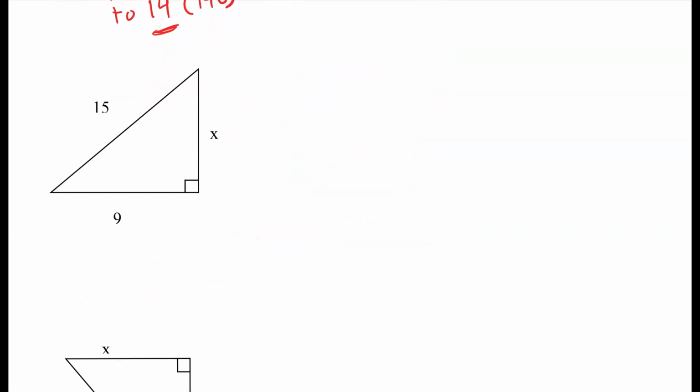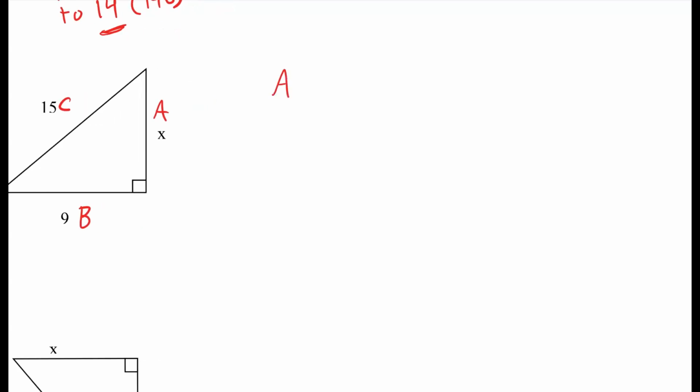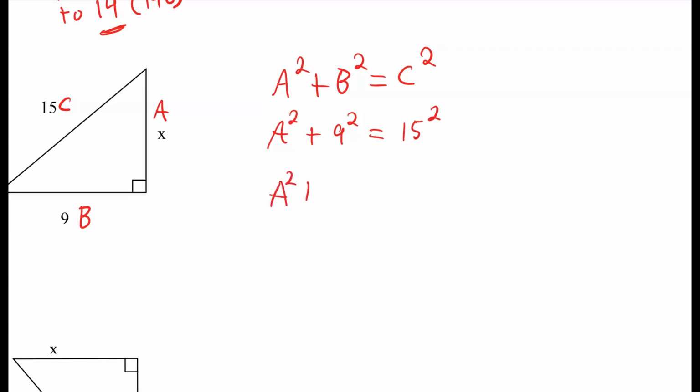For the third example here, I'm going to start by labeling again. I'm going to label a, b, and c. Set up my equation of a squared plus b squared equals c squared. A we don't know, so I'm just going to leave as a squared, plus b squared is 9 squared, equal to 15 squared. A squared follows, plus 9 squared, which is 81, is equal to 15 squared, which is